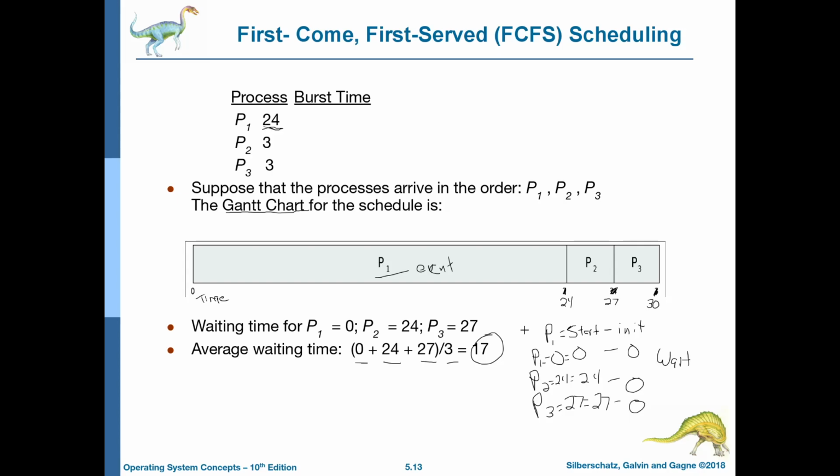Now, the average wait time is just one measurement that we want to calculate, the amount of time that it was actually sitting in its particular queue. We also want to be able to calculate the response time. Remember, response time is the time between when it was initialized and when it actually got to start. You'll notice that it's the same as the wait time for our particular processes here. This is true for